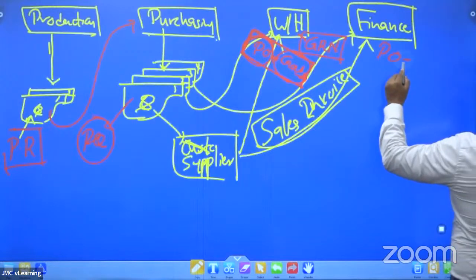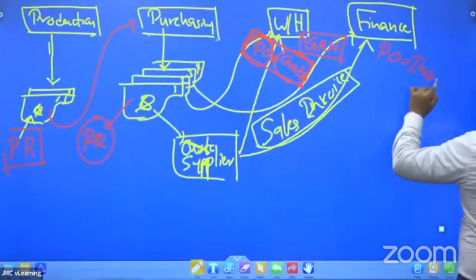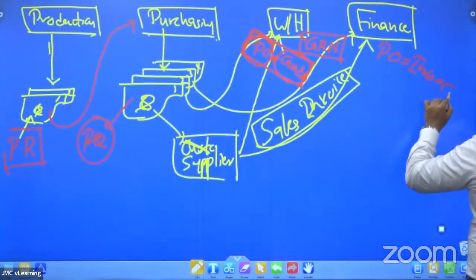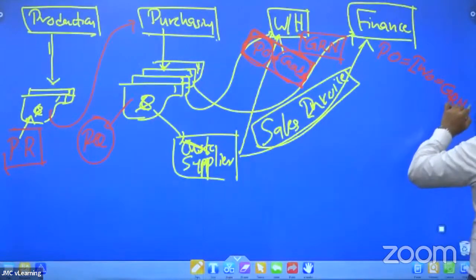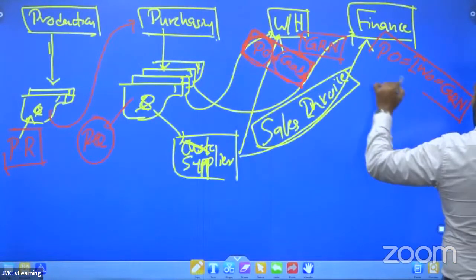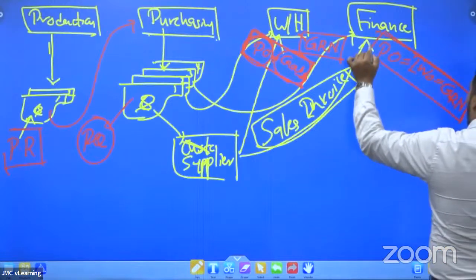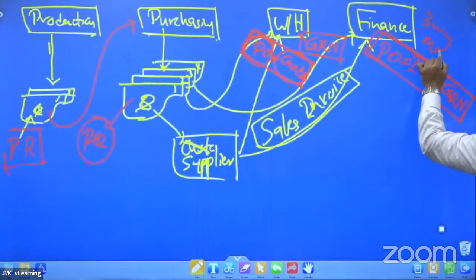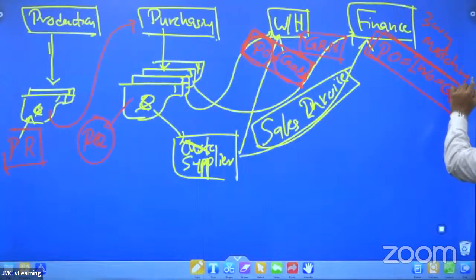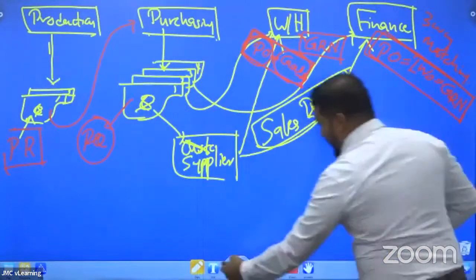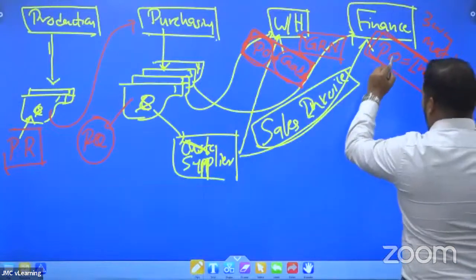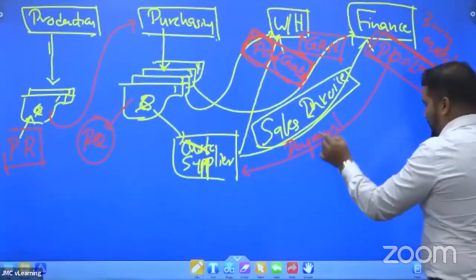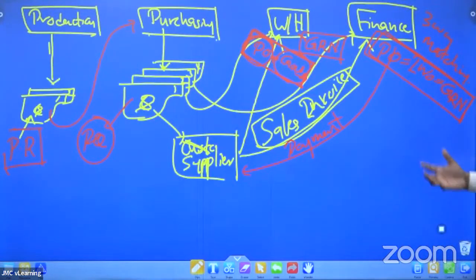Then he will check the PO with the invoice, and he will check the GRN as well, because the person handling the payments needs to make sure that the goods were physically received into the stores before releasing the payment. What do you refer to that as? Three-way matching. Upon completing the three-way matching, the finance people will release the payment to the supplier. So that is the standard process which we discussed.